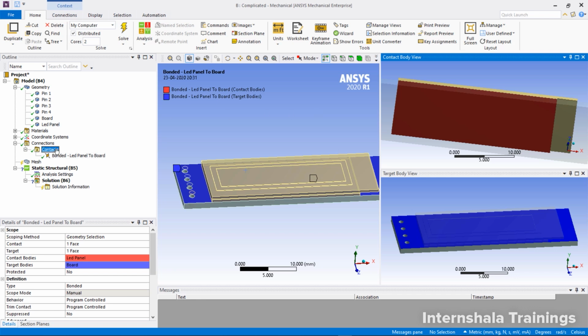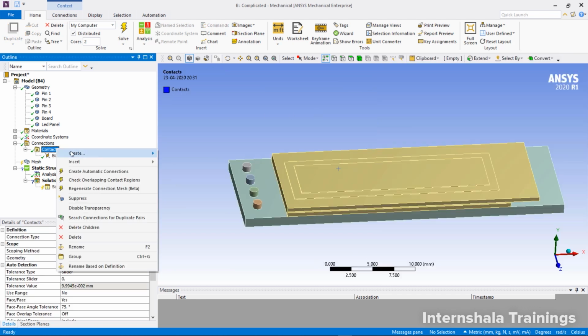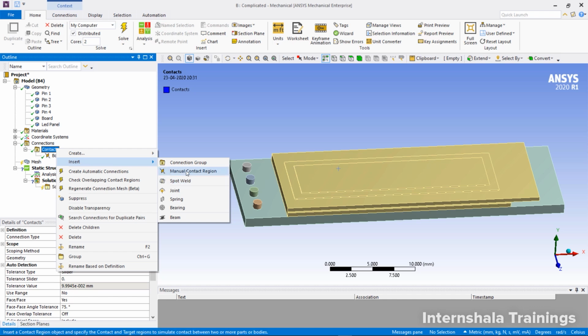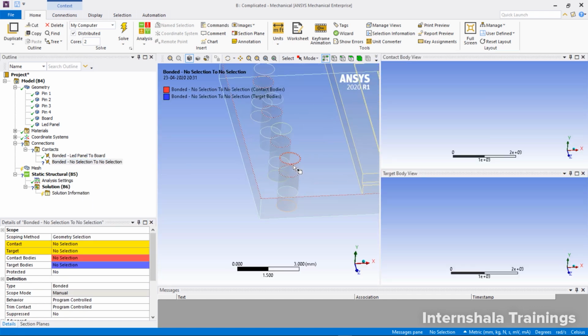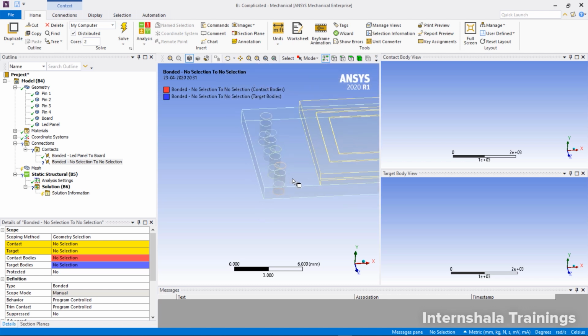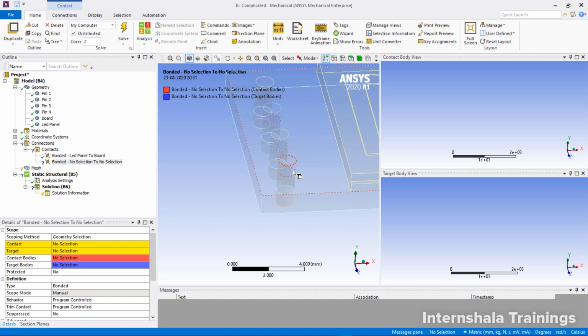Then the next thing is, I will go to Insert and create a manual contact region. Now I have to create a contact region between this pin and this surface. If I had to do it in a conventional way, I would have to select this surface and pin, hide all the bodies, select this face with manual selection, and repeat the process